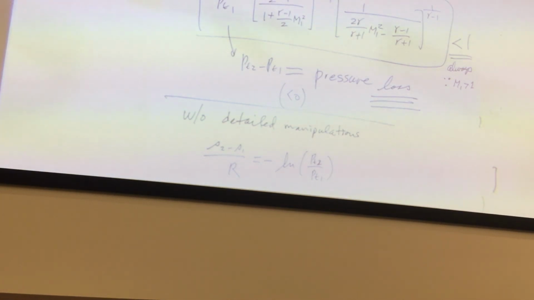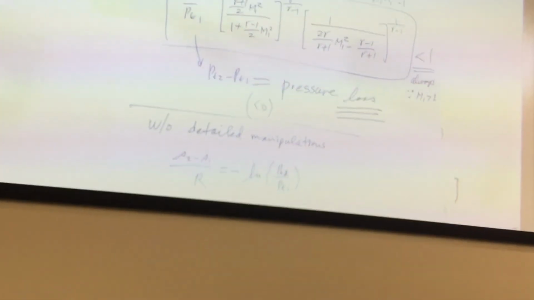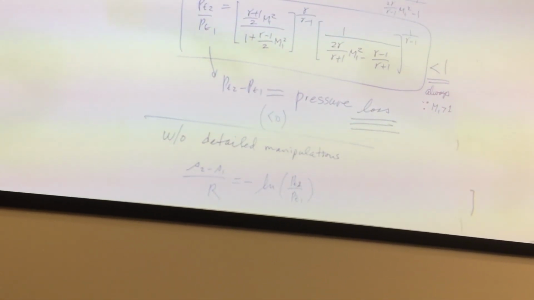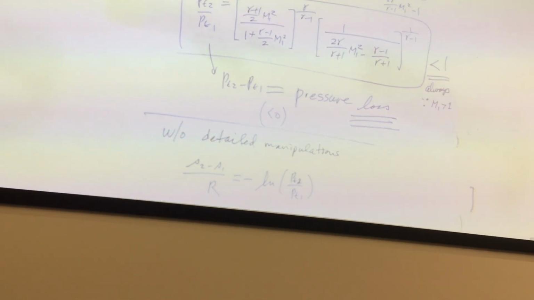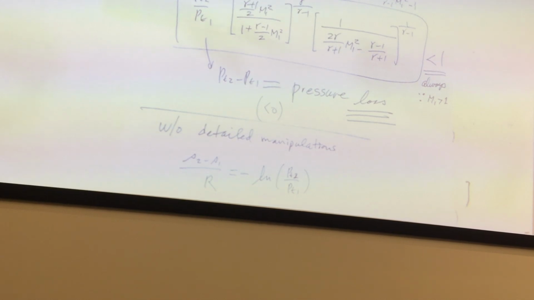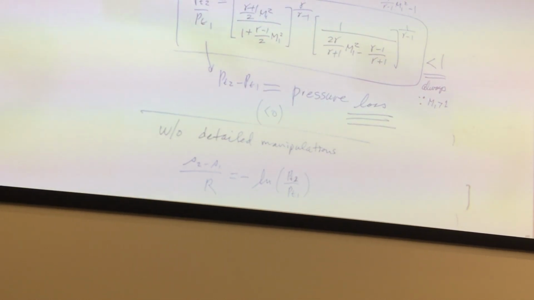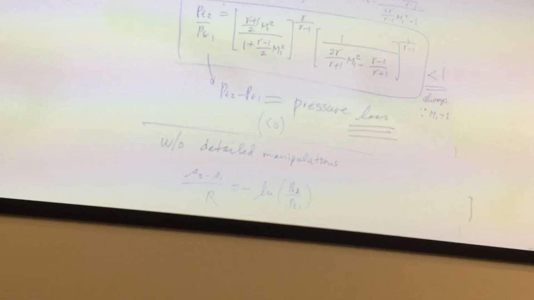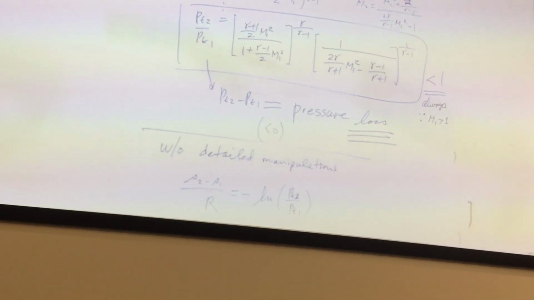Because let's say you are expanding the gas into the ambient, and because of the shock wave, your stagnation pressure goes down from 500 kilopascal to 200 kilopascal. Your expansion ratio can at most be a factor of 2. Now, if you have 500 kilopascal, it will be almost a factor of 5, because ambient pressure is about 101.3 kilopascal. So when you